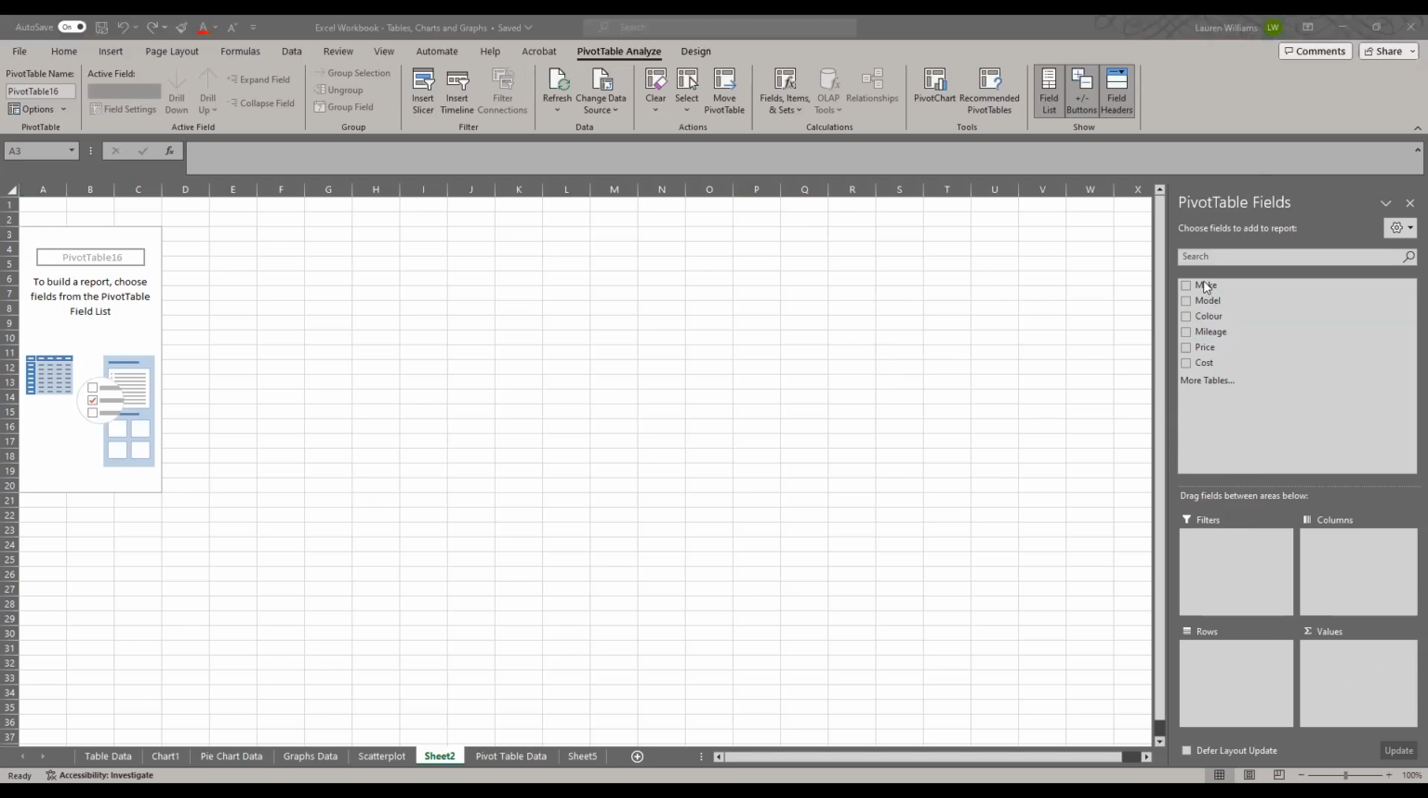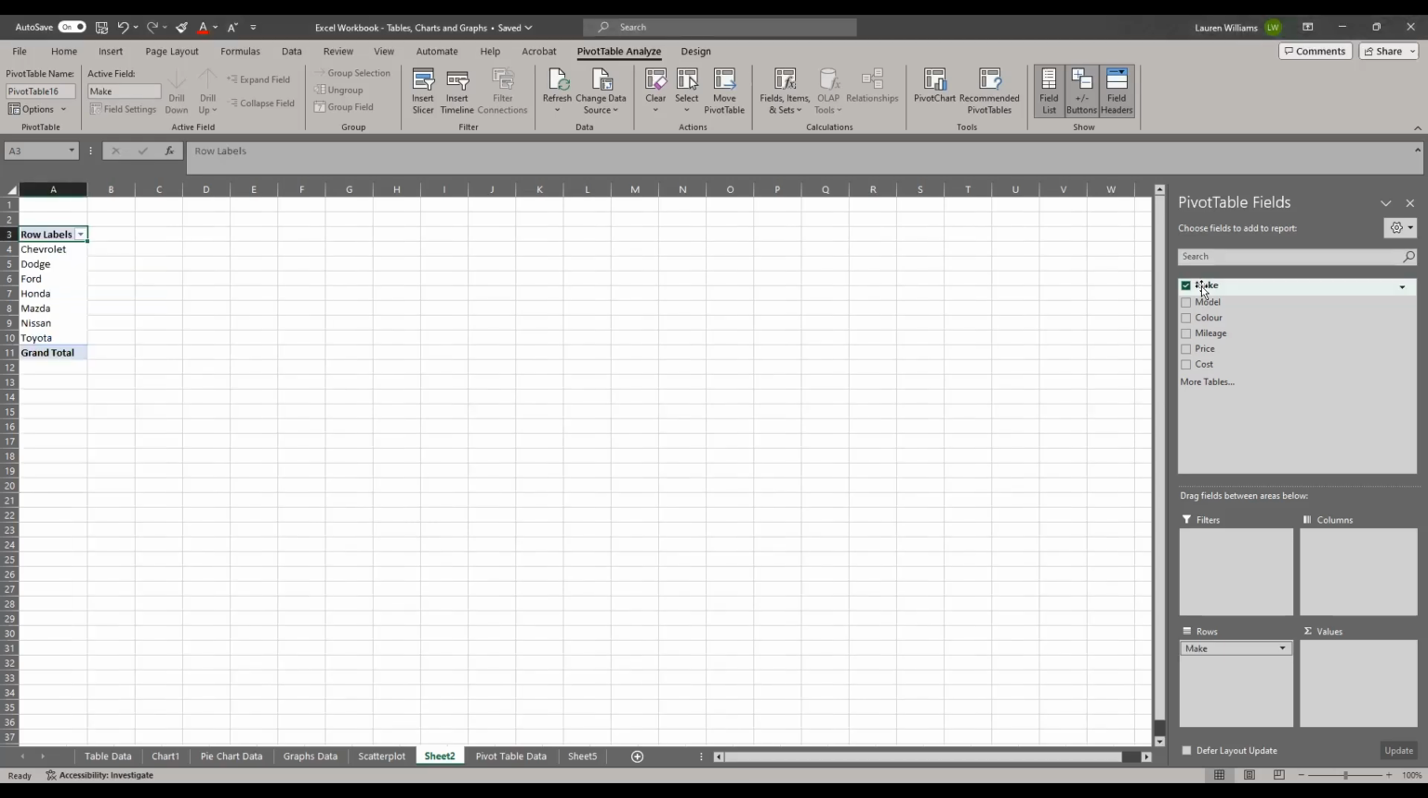All you have to do is simply click it and drag it down. So let's drag, because we're going to compare how many vehicles we have. We're going to take the make, and we're going to drag it. It's put itself in the rows already, but you can drag it and drop it here as well. And we're going to click on the model, and it will drop automatically down into the